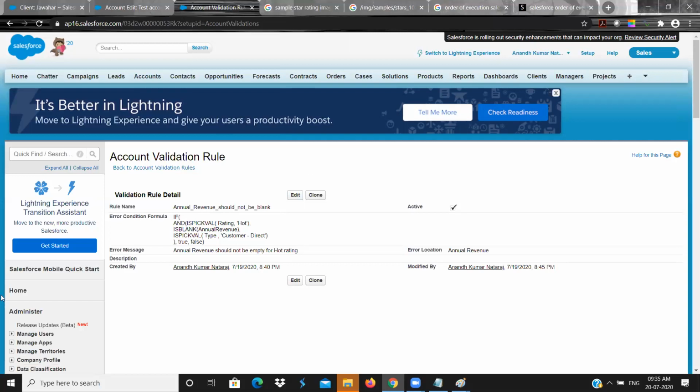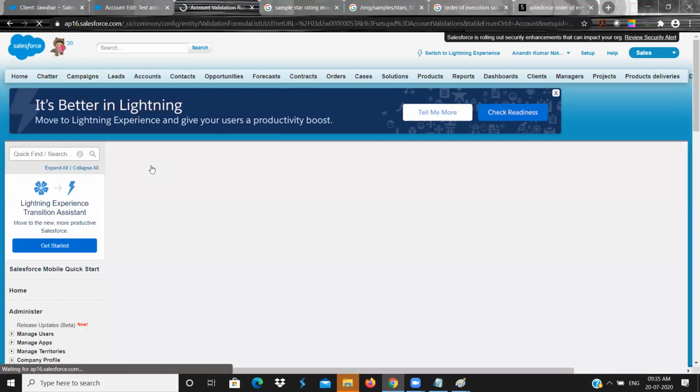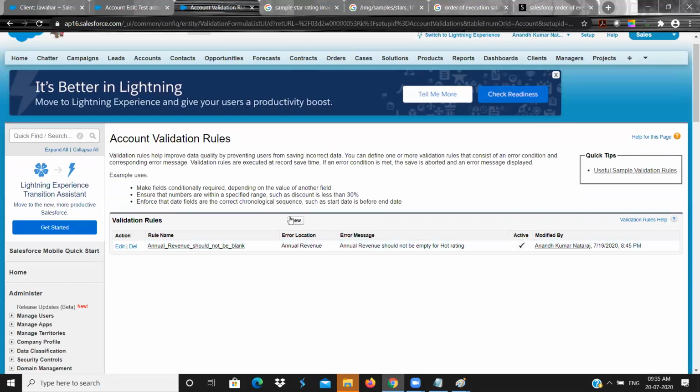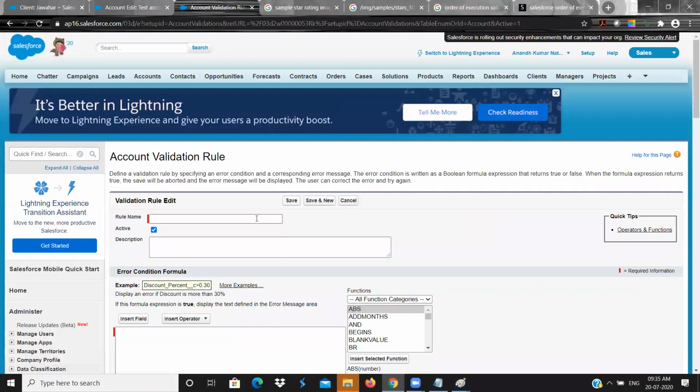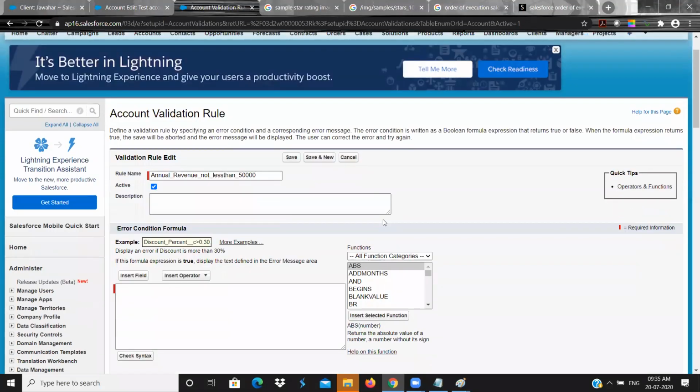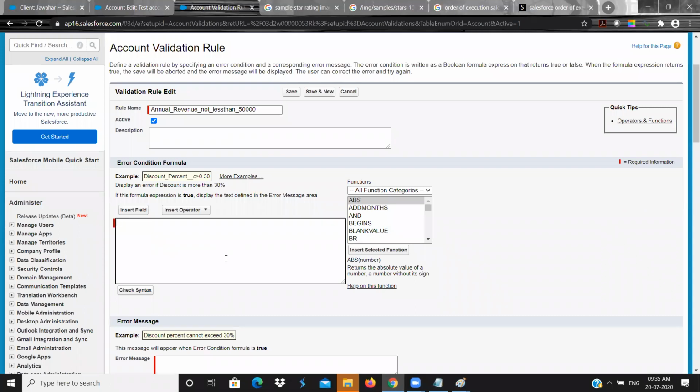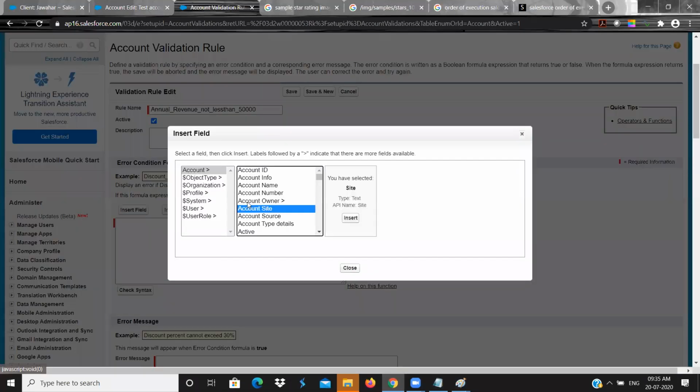Back to validation rules, new validation rule, and you can name it annual revenue not less than 50,000. I need to give a criteria, so first I need to insert the field annual revenue.